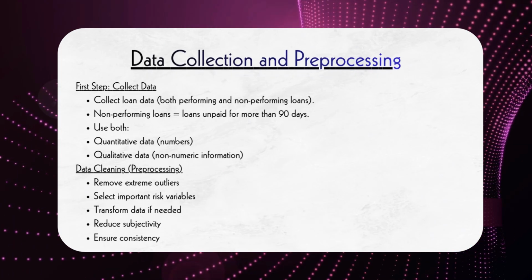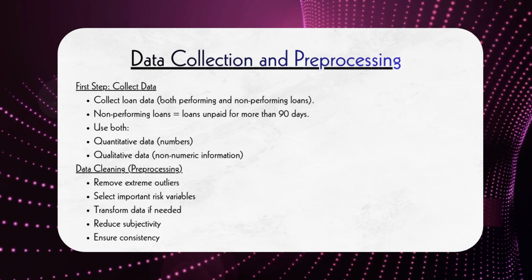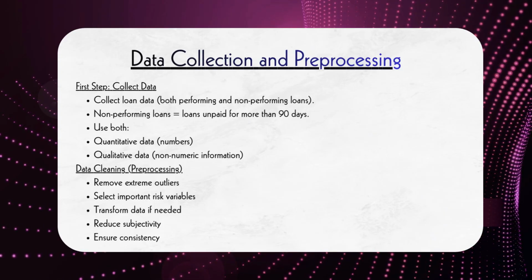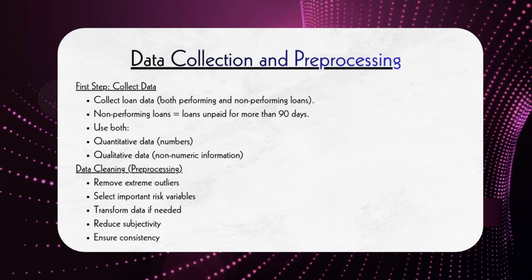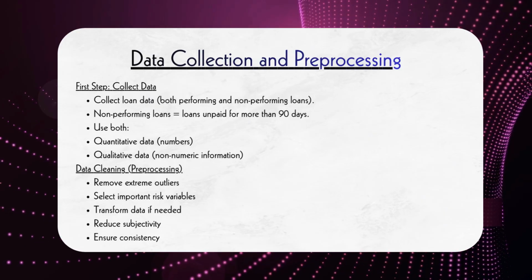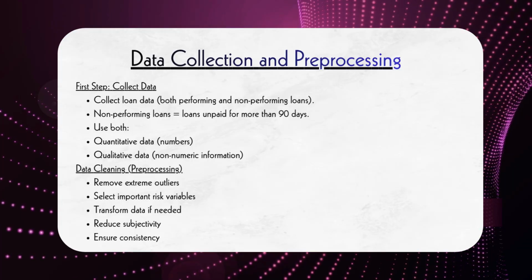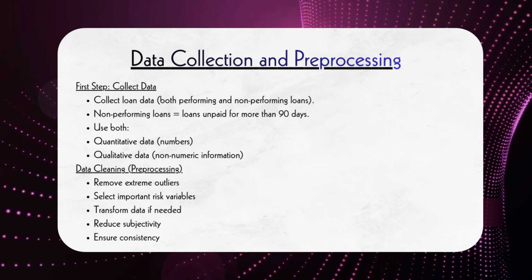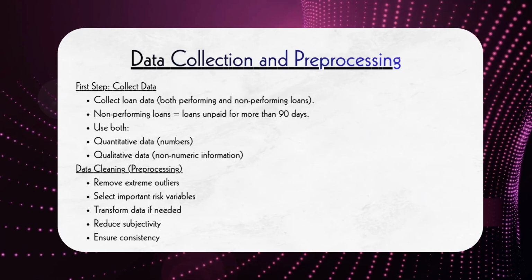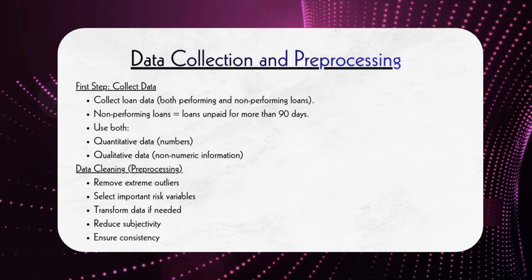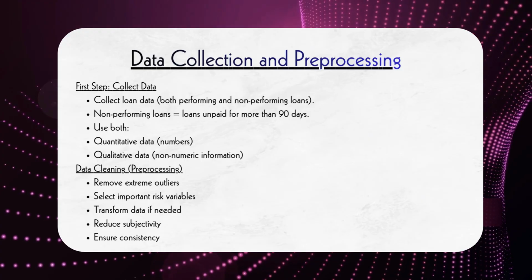Let's start with data collection and preprocessing. This is the first and most important step. Here, we collect loan data for both performing loans and non-performing loans, where non-performing loans are those unpaid for more than 90 days. The data includes both quantitative information, which means numerical data, and qualitative information, which includes non-numeric factors. Before using the data, we clean it. This involves removing extreme outliers, selecting the most relevant risk variables, transforming data where necessary, reducing subjectivity, and ensuring consistency